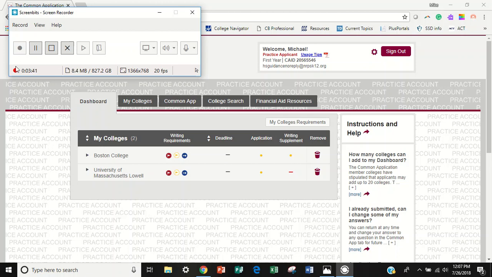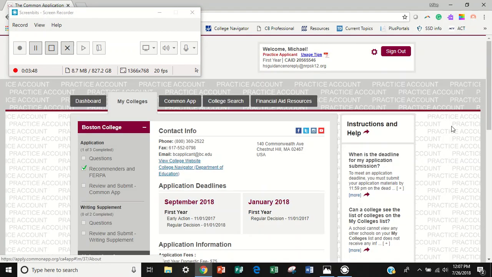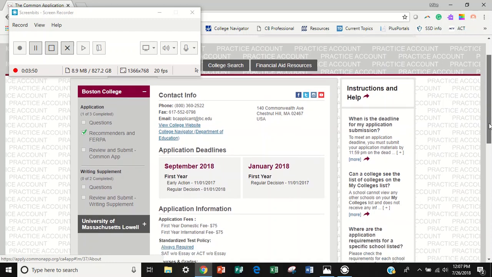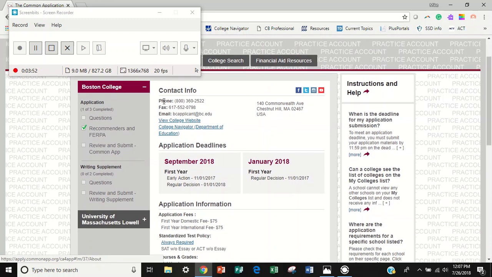So once a student's in their Common Application account, they would go to the My Colleges area, and you may be familiar with this. Any college that the student has added into the My Colleges area would be listed here on the left. This example has a student with two colleges in the My Colleges area, so Boston College and UMass Lowell. So next, the student would go to what's called the Recommenders and FERPA section,